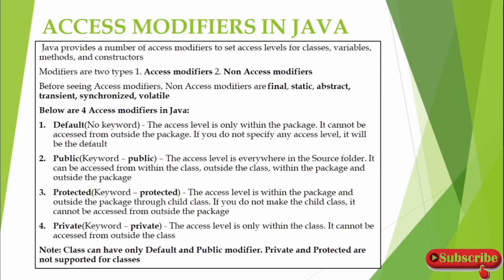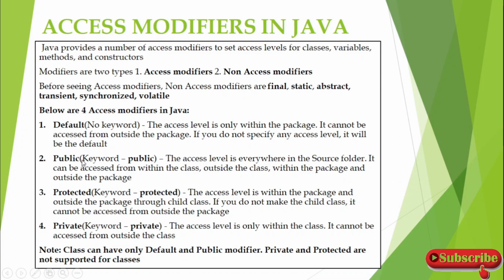But in this video, we will see the types of access modifiers and the scope that is set in Java. You can see below, there are four access modifiers in Java. The first one is default, and you don't use any keyword for setting the variables, classes, methods, and constructors as default. The access level is only within the package. Within the package you can access all the variables, methods, constructors, everything. But if you go outside the package, you will not have access to those properties.